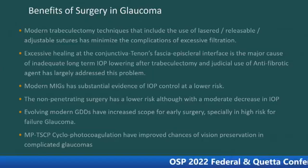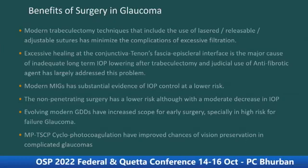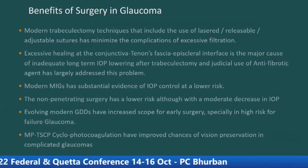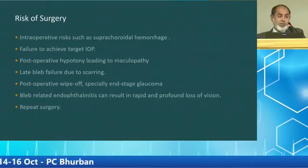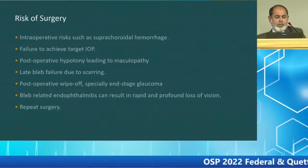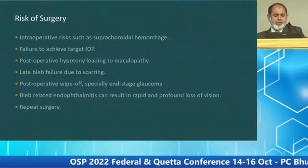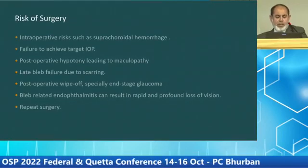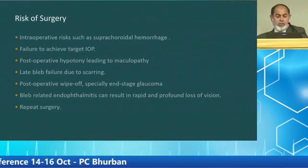Micropulse transscleral cyclophotocoagulation has improved chances of vision preservation in complicated glaucoma. Surgery is not without risk, and we understand that sometimes you may lose vision right on the table. Intraoperative risks such as suprachoroidal hemorrhage, failure to achieve target intraocular pressure,